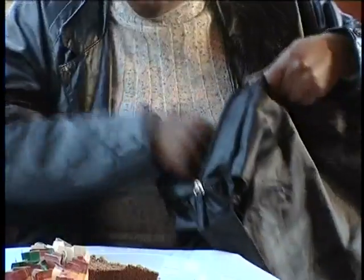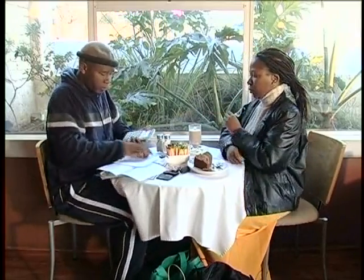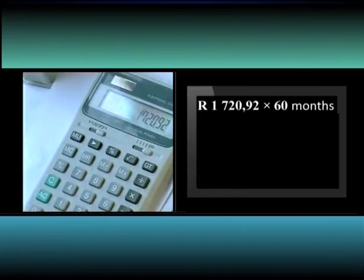Well, according to this, the cash price for the car is 80,000 rand. So let's work out how much you'll actually pay over 5 years. Okay. You'll just work on that piece of paper. There we go. All right. Multiply a monthly installment of 1,720.92 by 60. It's equal to